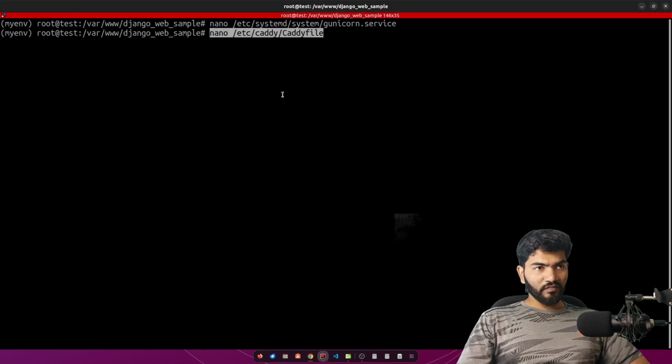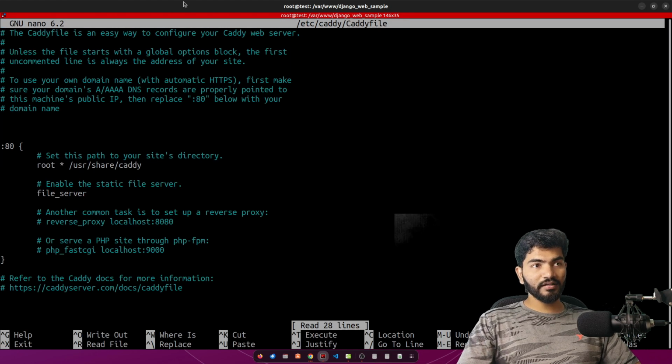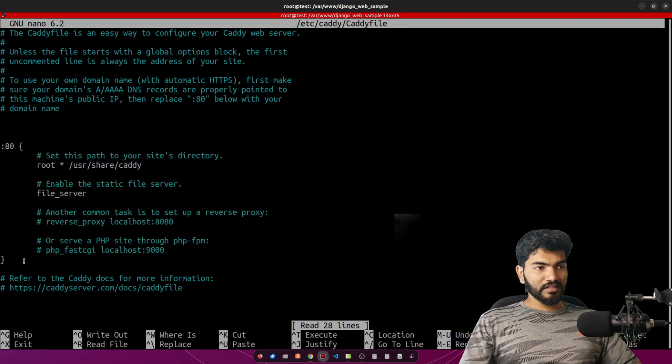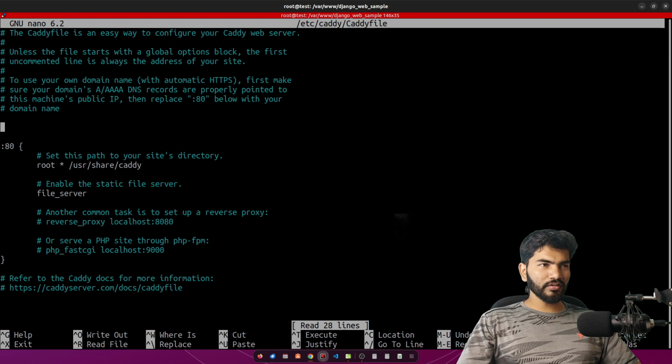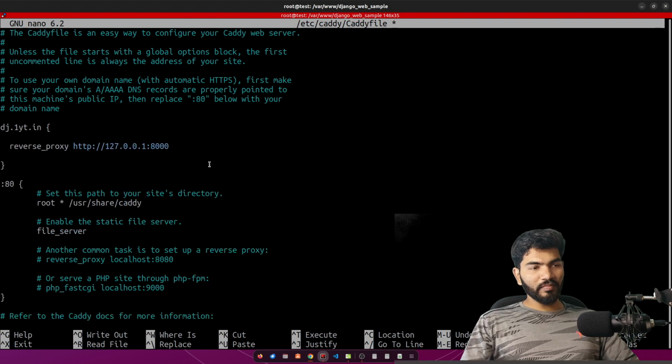So for that, we need to open the Caddy's default configuration, which is at location /etc/caddy/Caddyfile, right? So as you can see, this is the default configuration which is already there on the server. So we are not going to disturb that configuration. We can remove that, but I don't want to remove that. Okay. So let me paste my configuration, which is basically I'm hosting this website on dj.1yt.in, which is my subdomain,